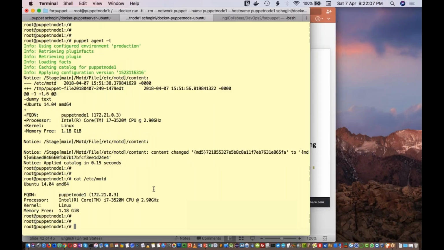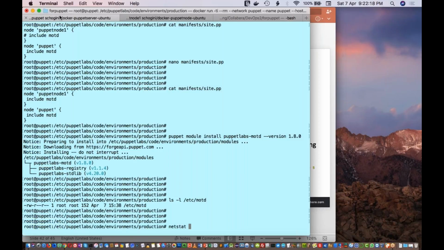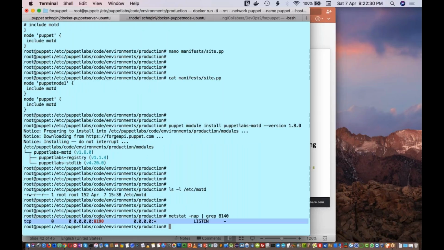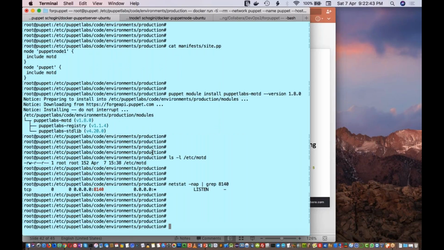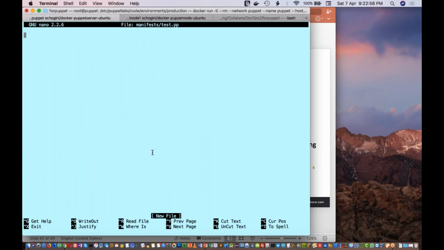Okay, so now I'm going to create my own manifest file. I'm going to show you how to create your own manifest file. As I mentioned, we'll be creating the manifest file inside the manifest folder. So I'm going to create one test.pp manifest file, and here I'll specify one thing, which is the resource type. So here in curly brackets, I'll specify the path or the name of the file, like test.txt, that I'll create, and then content,